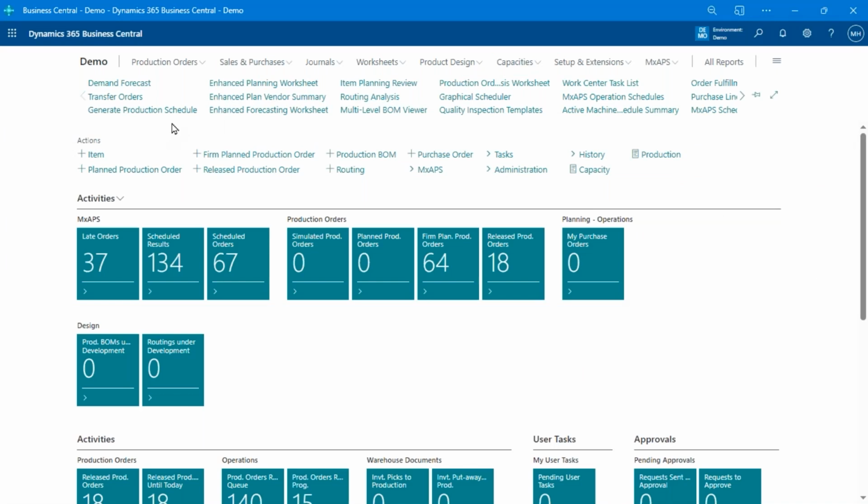You then schedule the planned orders to get a realistic and optimal production schedule. And then you can use Shop Floor Insight to capture what's happening on the shop floor. And then when we're done, you can use one of the other tools to maybe ship that out of the environment. We've also got a number of analysis tools you can use. These are part of the enhanced planning pack.